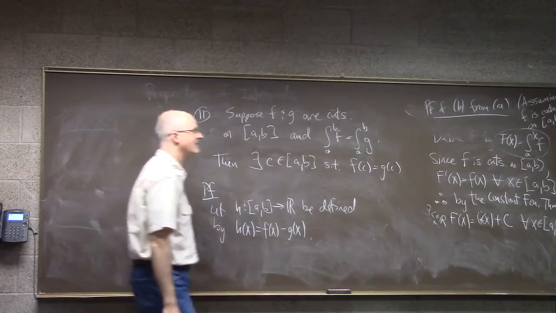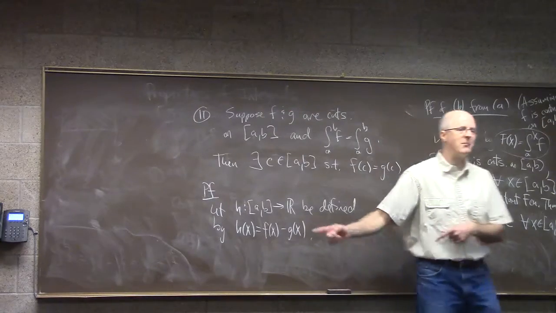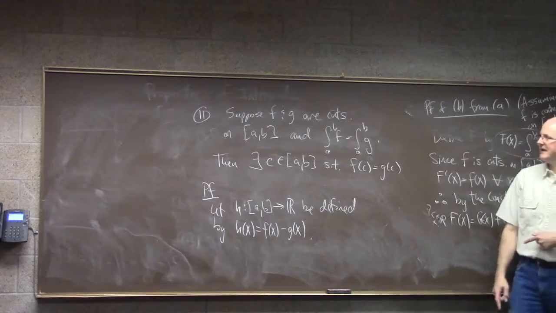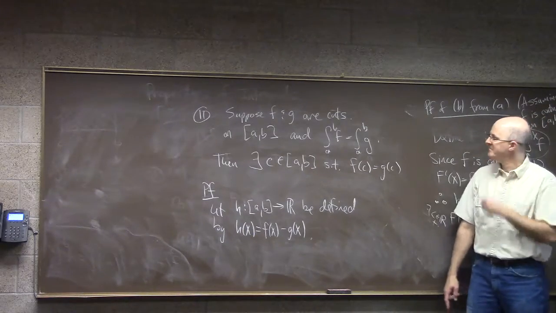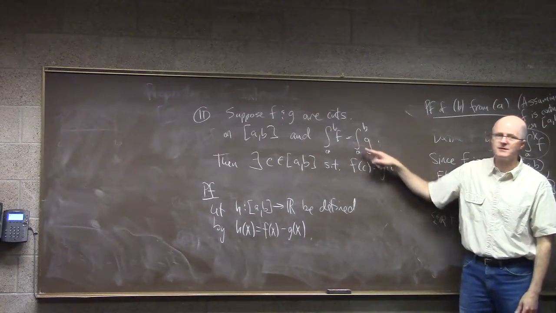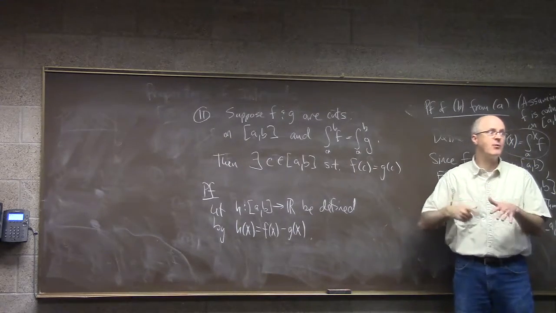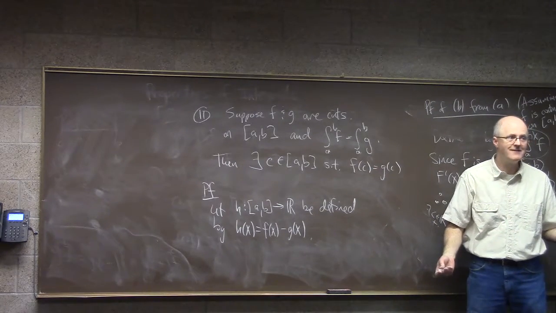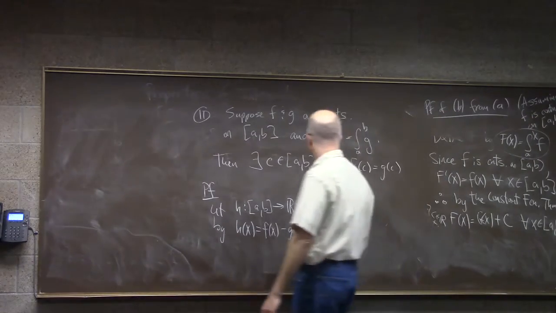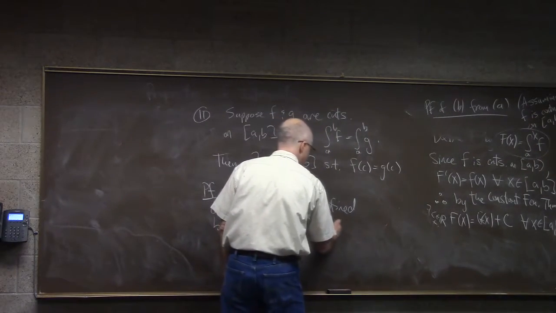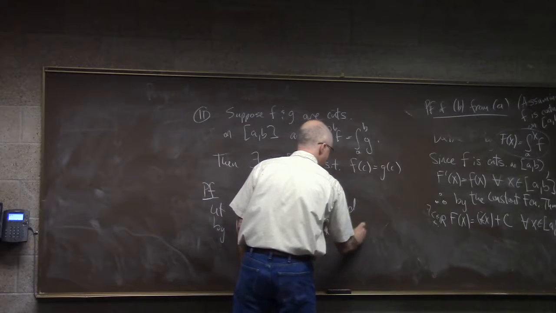Why am I doing that? Trying to use number 10 that says if the integral equals 0, then the function must be 0 somewhere. I'm assuming these two integrals are the same, which would mean the difference of one with the other would be 0. Do you have to define a new function, or can you just use kind of the backwards of what we were, or one of the